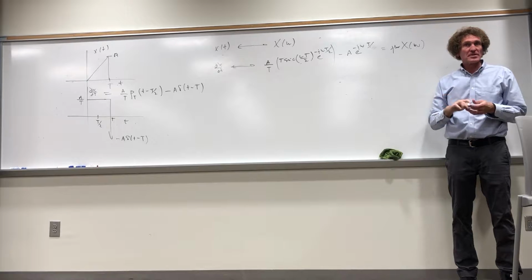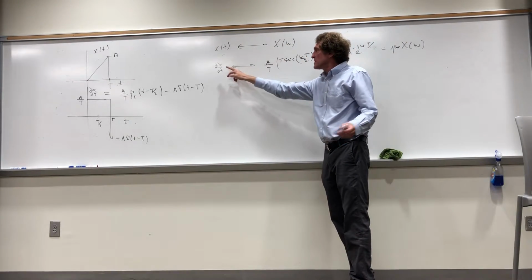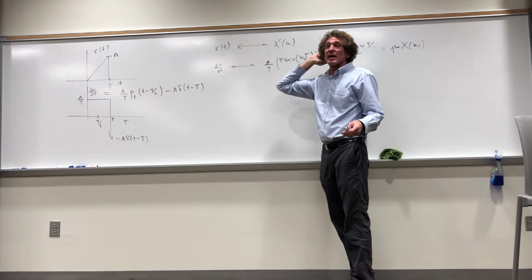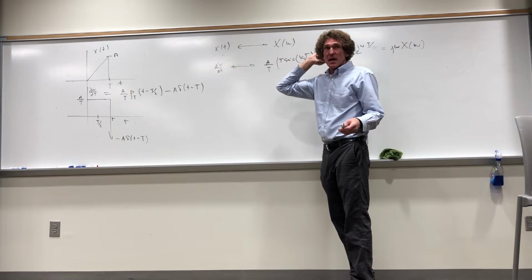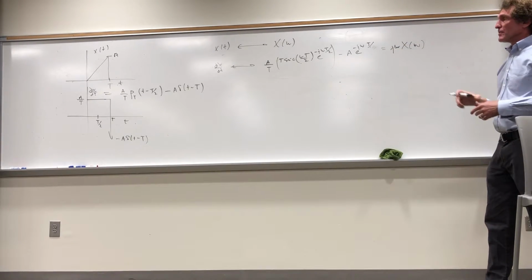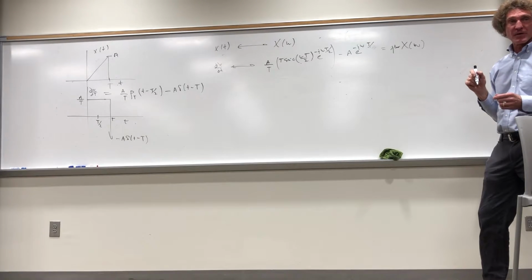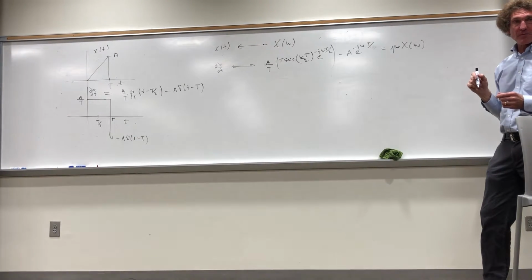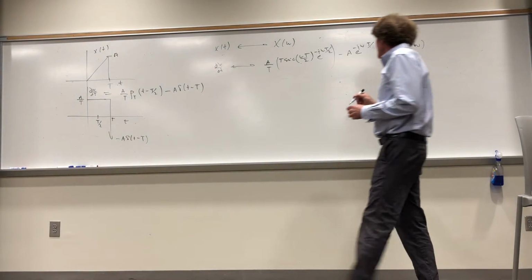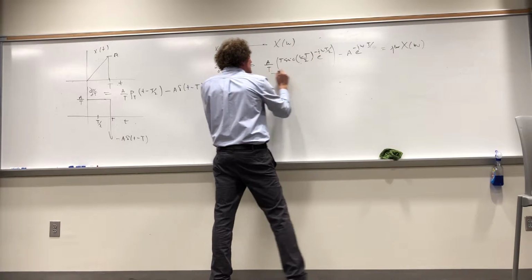How many see this? Realize the property: if x of t goes to X of omega, then dx of t goes to j omega X of omega, correct? Now I'm going to get the X of omega by simply taking the Fourier transform of the derivative and dividing it by j omega. I think you can see my madness now, right? Everybody? What I'm doing? So if I divide that by j omega, and I'm going to do it right here,